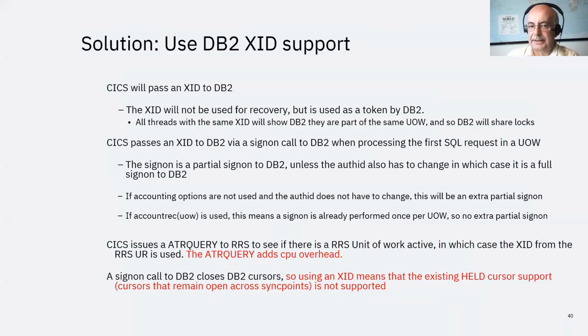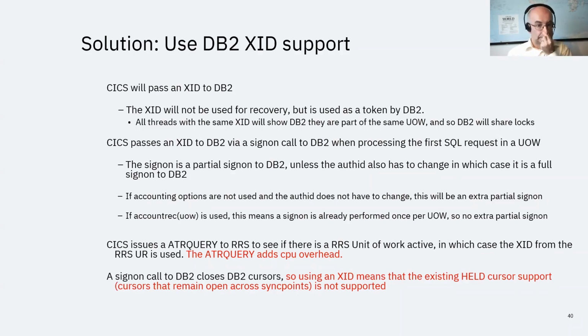And the way we're solving it is we're going to pass an XID to DB2. DB2 has had this capability for a number of years outside of CICS, and the XID might be used for recovery purposes. We don't need it for recovery purposes. We have all that capability already inside CICS with Recovery Manager and all the resync and in-doubts and all the stuff that you know about. But we're just using the XID as effectively a token to DB2, so that if 2 threads pass the same XID to DB2, DB2 will know that they're part of the same unit of work,